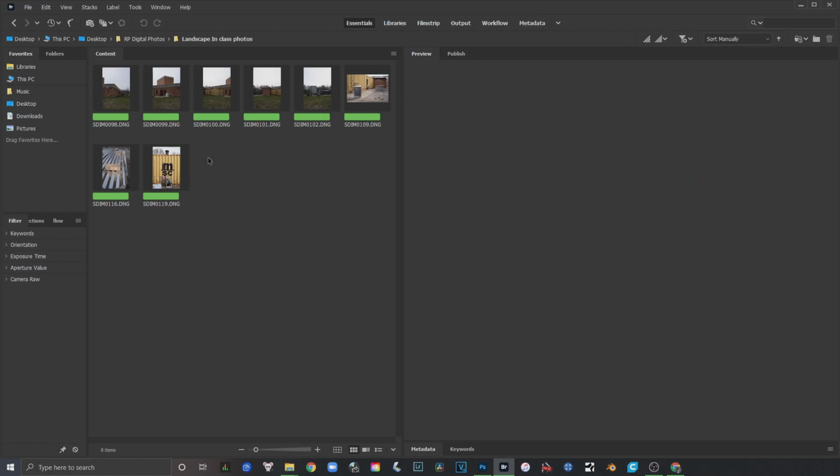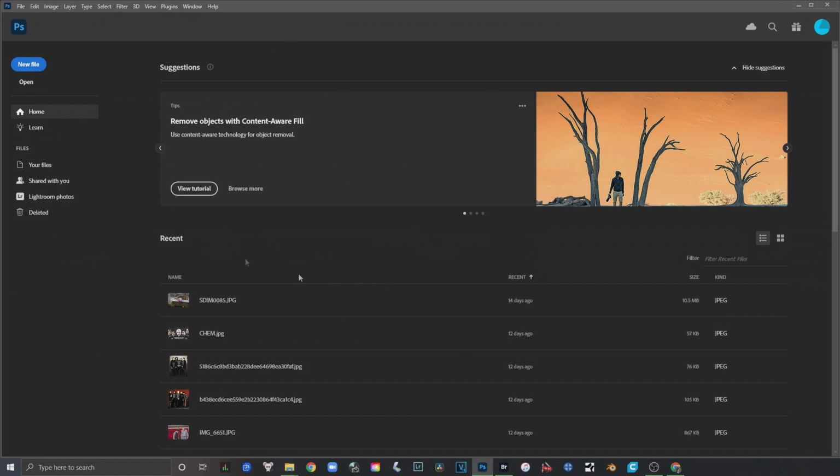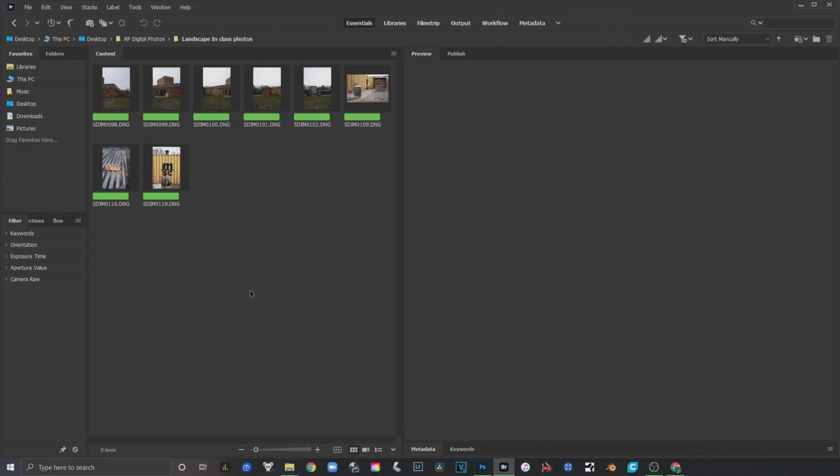Let's look at a quick, cool feature that is available within Camera Raw. Here I've been working in Bridge, and I also have Photoshop open, ready to go. But if you want to open things in Camera Raw, if you shot in RAW, like a DNG or a RAW file or some other format that isn't JPEG for the most part, you'll just open it up in Camera Raw immediately. If you want to open up JPEGs or any other images in Camera Raw with Photoshop, all you